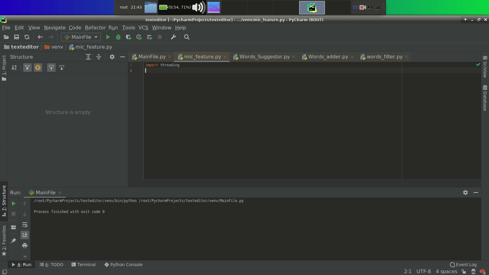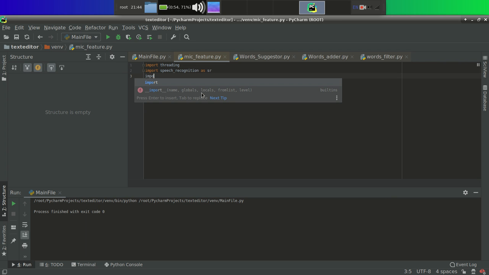Let's do it. Let's import the basic Python library which will listen to us, that is import speech_recognition as sr. I have installed it earlier, that's why it is suggesting SR. Then I have to import a library named json. I will tell you why I am using this json over here.